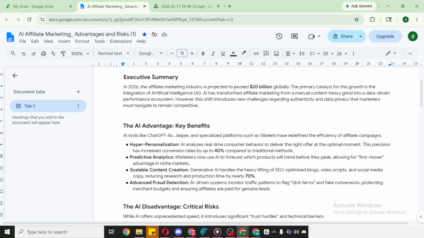One helpful note, your changes are saved automatically, in real time. There's no need to look for a save button. You'll often see a message near the top that confirms all changes are saved in Drive. That means you can focus on your content without worrying about losing your work.